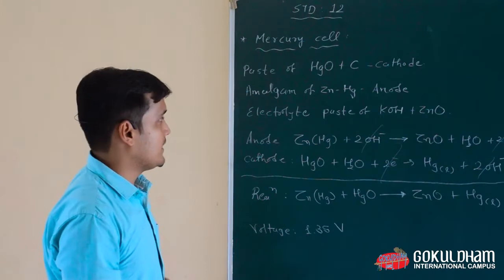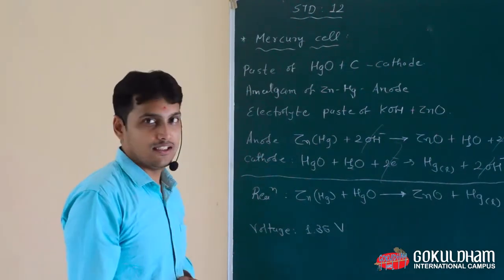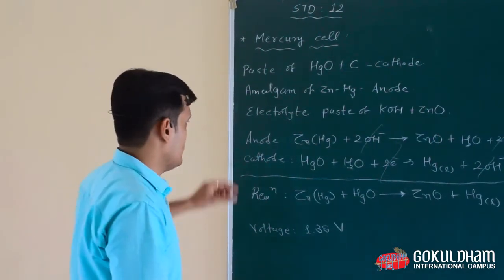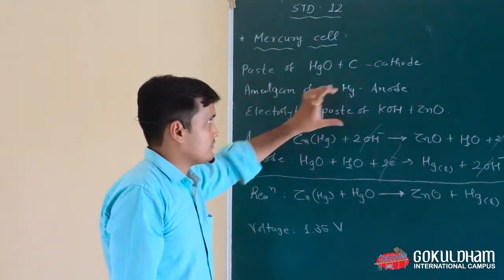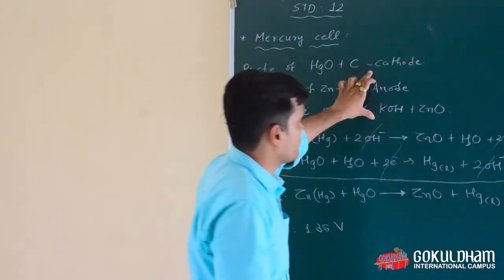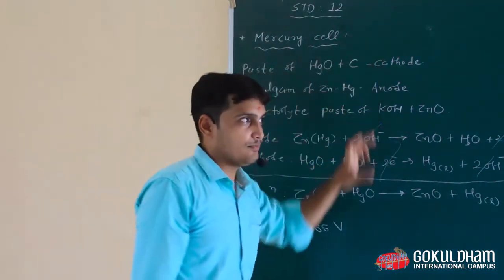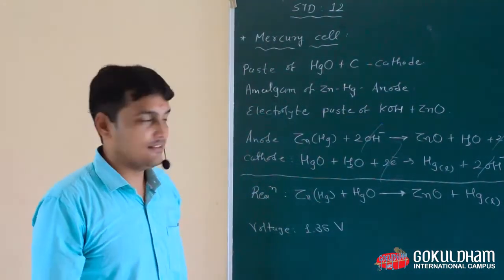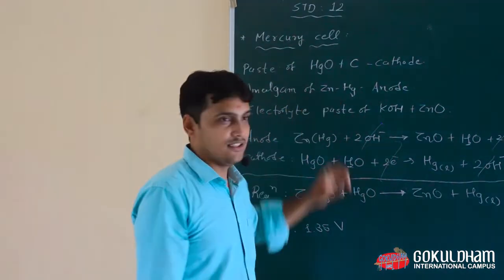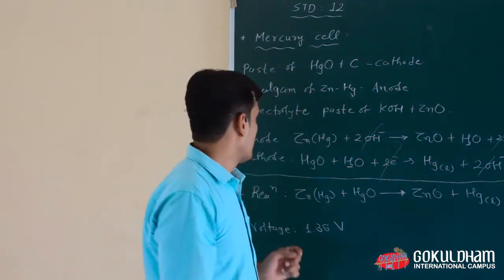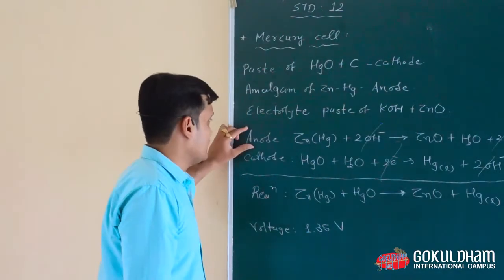KOH means potassium hydroxide and the other is zinc oxide. This electrolyte is in a paste format. These three chemicals are separated by a porous membrane, which is called a semi-permeable membrane, and this electrolyte is sealed with the gasket. The anodic reaction,